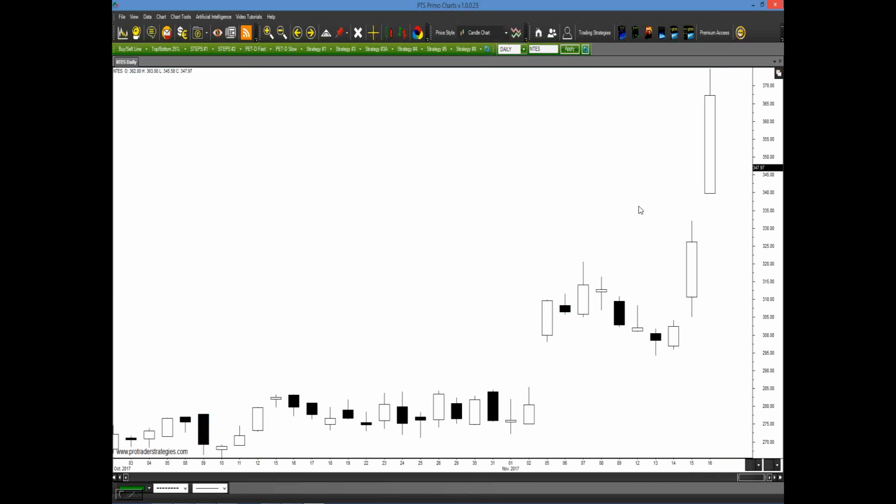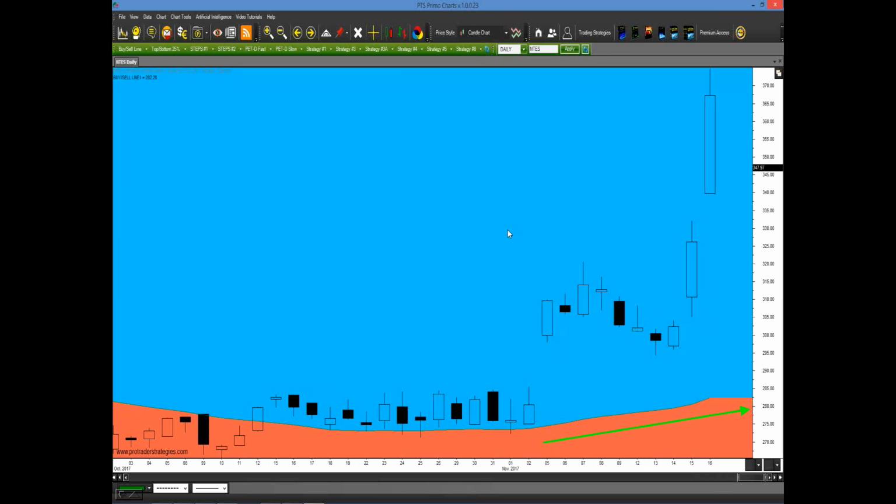NTES, okay, basically this stock was doing nothing, and then it gapped up, kind of went sideways for a week or two, and then gapped up even more. Could we have taken advantage of this? Well, sure. We applied the buy-sell line, and we knew well in advance that we should only be buyers. Even when we were going sideways, in this sideways action here for a good part of October, where was price? In the sell zone? No, it was in the buy zone.